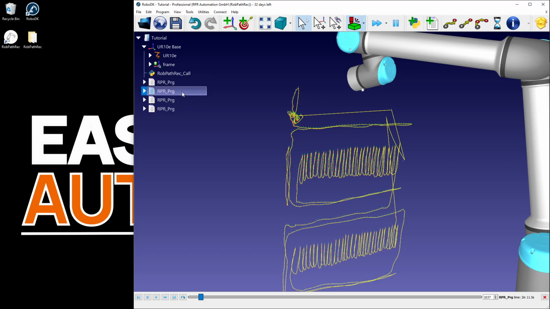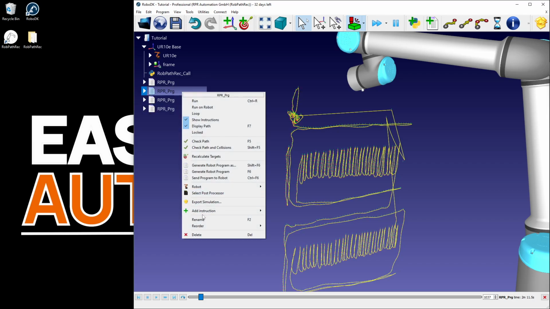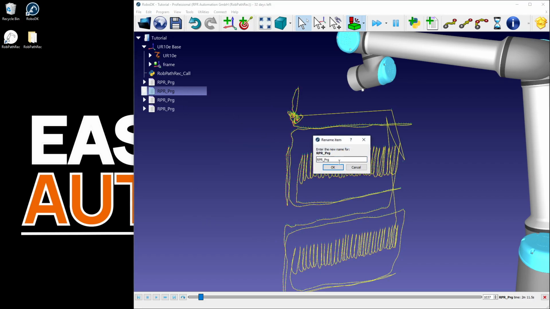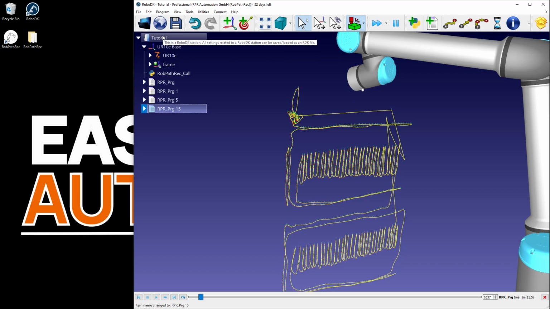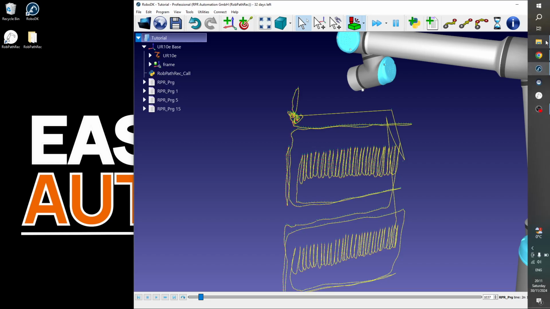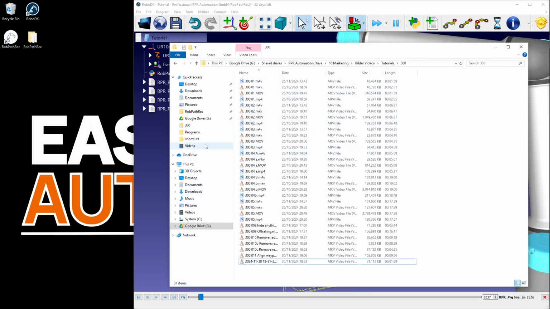Now you can see all of them have the same name. So either right click and rename, or you can simply use F2. I will try a version with 1 millimeter, I will try a version with 5 millimeters, and I will try a version with 15 millimeters as a D parameter. Okay, so what I recommend is that you select, for example, the top of the tree. That means once we start,